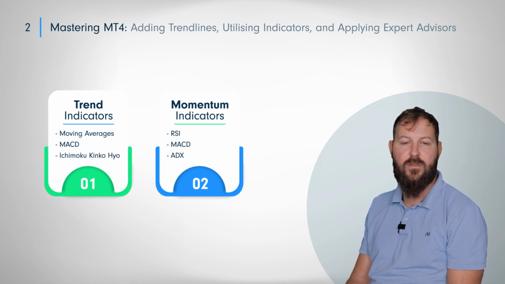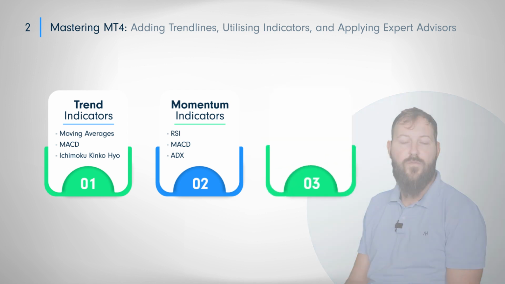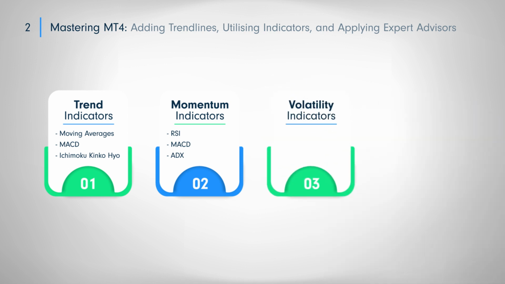ADX, Average Directional Index. Volatility indicators, used to help identify the size and frequency of price changes or fluctuations over a period of time. A few examples of volatility indicators include ATR, Average True Range, Bollinger Bands, and the Donchian